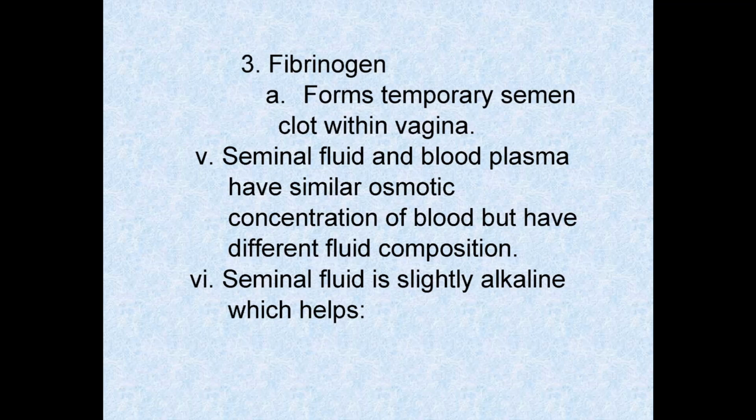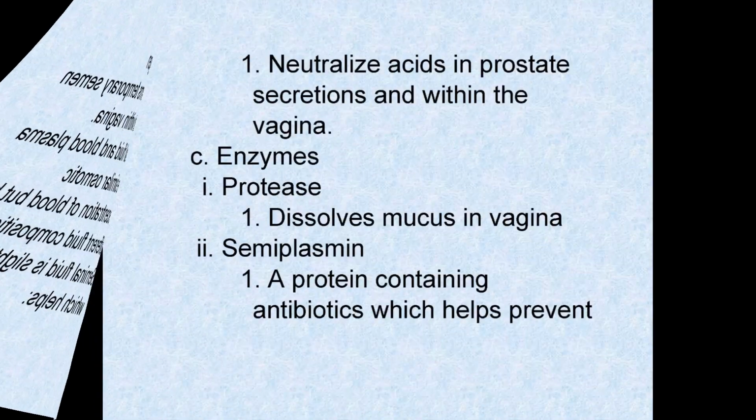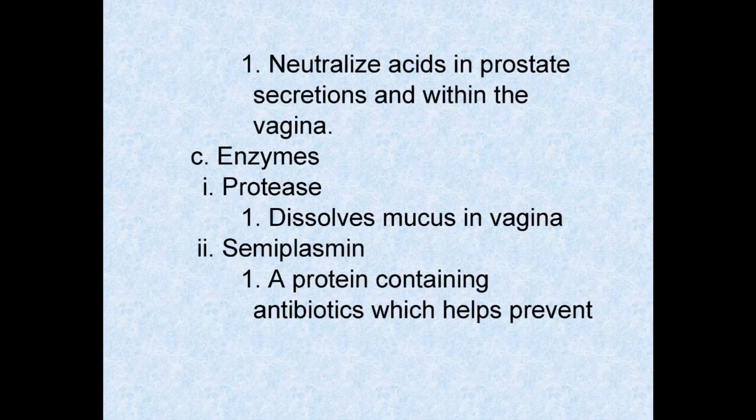But the compositions of the two fluids are quite different. The secretions of the seminal glands are slightly alkaline, helping to neutralize acids in the secretions of the prostate and within the vagina. And then the third thing that the semen has are enzymes, and